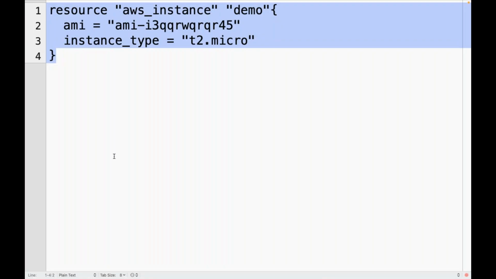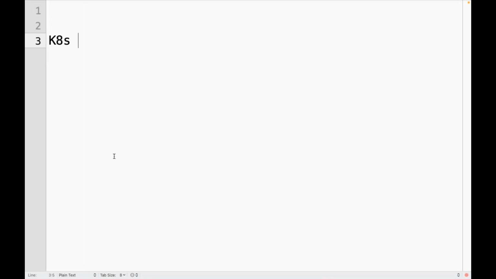Just to make things simple, if you know Kubernetes, can I consider Kubernetes is also a kind of orchestration?